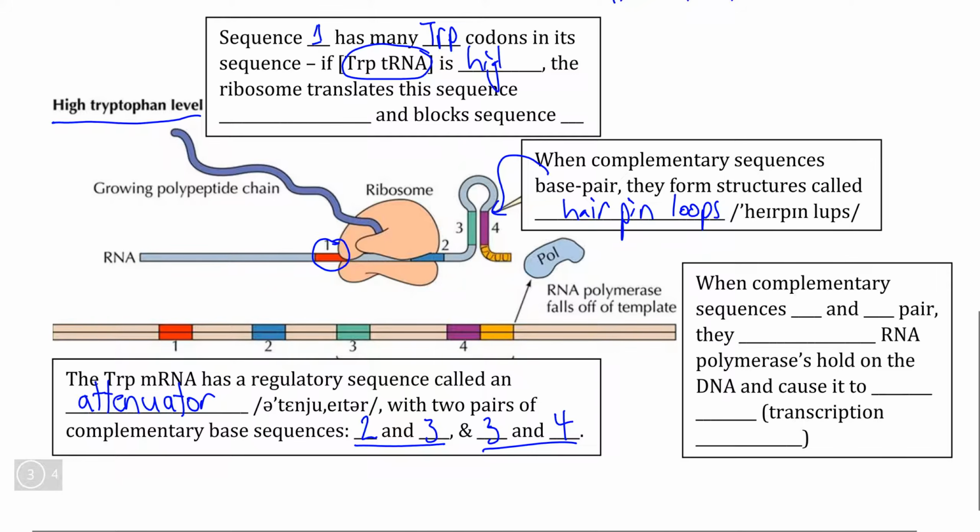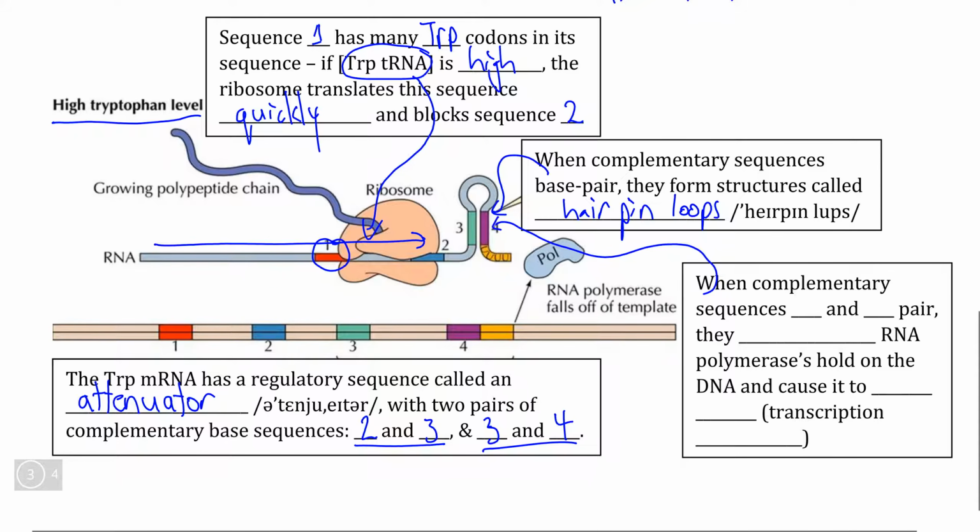If this concentration is high, it is very likely for tRNA containing tryptophan to enter a ribosome, and for the ribosome to translate sequence number 1 relatively quickly without having to wait for tRNA containing tryptophan to get in, which means that as the ribosome is reading this mRNA molecule, it is going to go straight through and block access to sequence number 2,